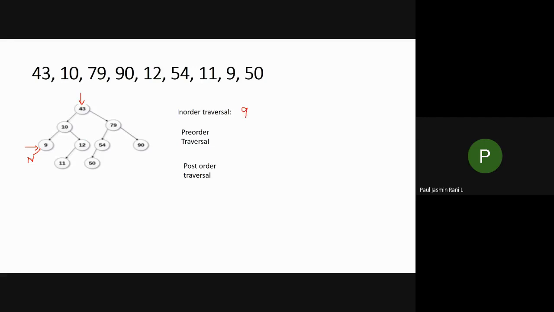So when this is over, what is the rule to be followed in in-order traversal? First you have to go for the left subtree. Next you have to go to your root node, I'm going to mark it as C. Next you have to visit your right subtree, isn't it? So when your left subtree is over, then you have to go to your root or current element, that is the parent node. Next you have to go to your right subtree.